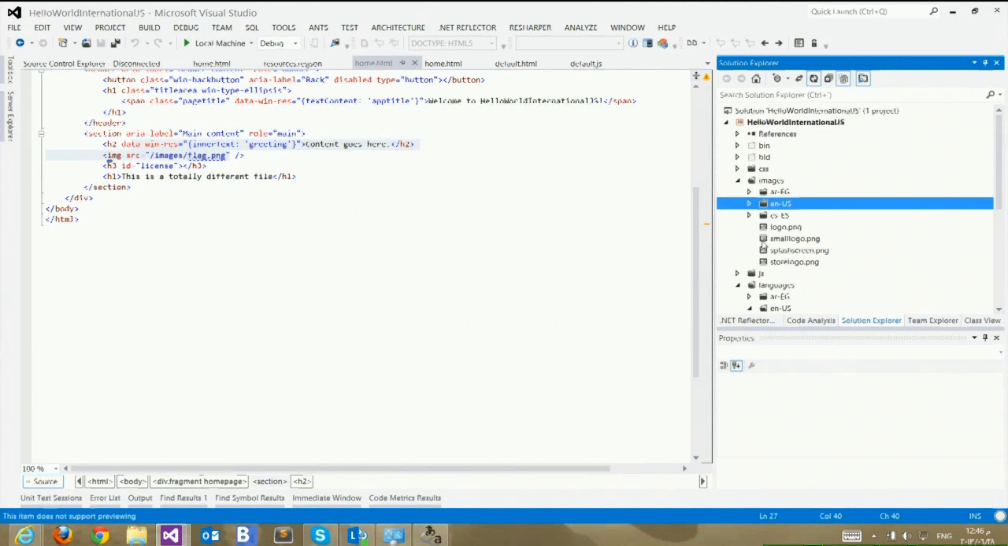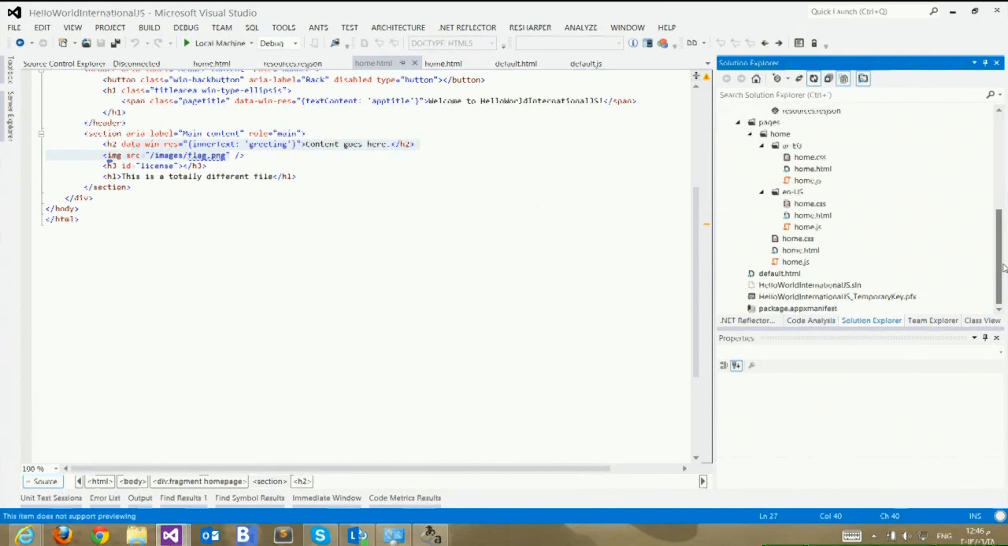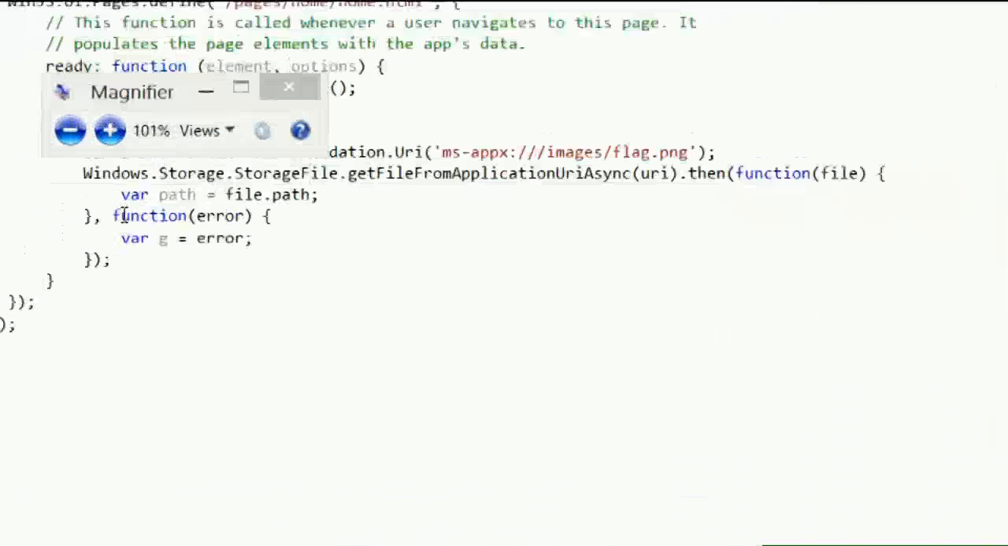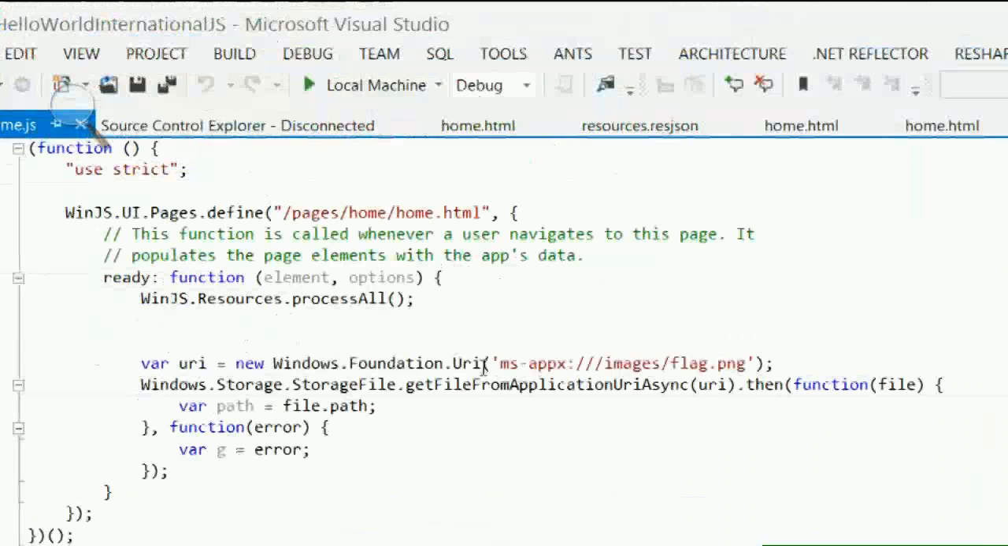If we need to do this programmatically, this is how you can do it with code. With code, you cannot refer to the file using the same format we did in the HTML by relative resource. You have to refer to it as